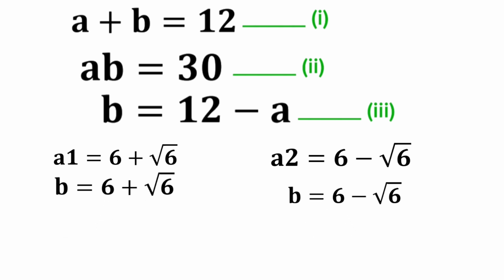Now you can say here is our final solution. When a is equal to 6 plus square root 6, this time b is equal to 6 minus square root 6. Then when a is equal to 6 minus square root 6,